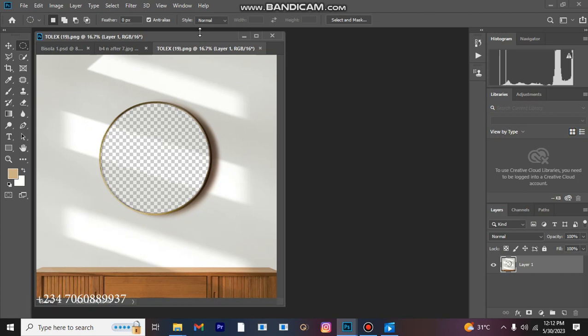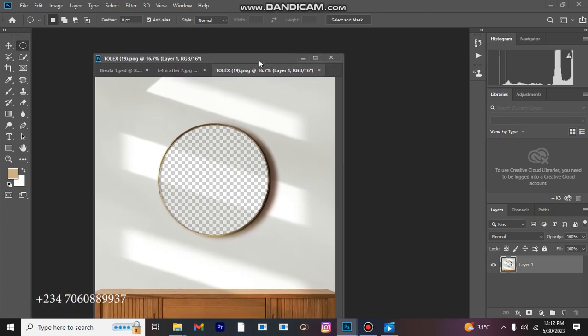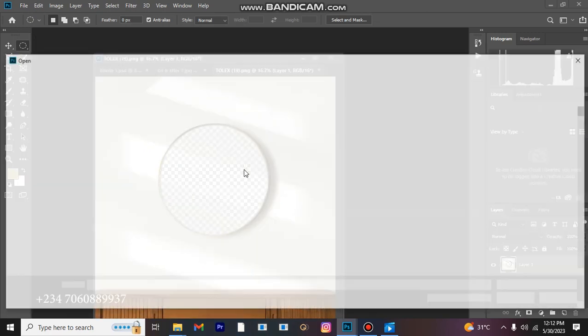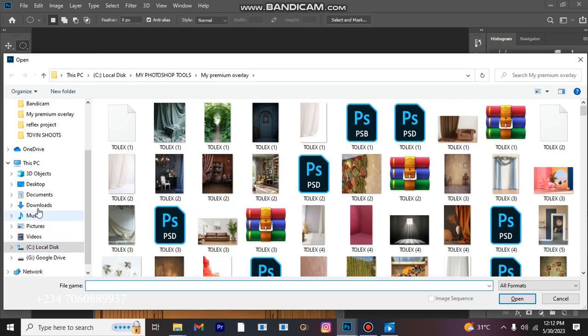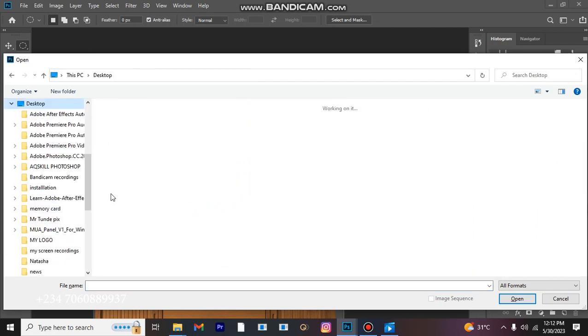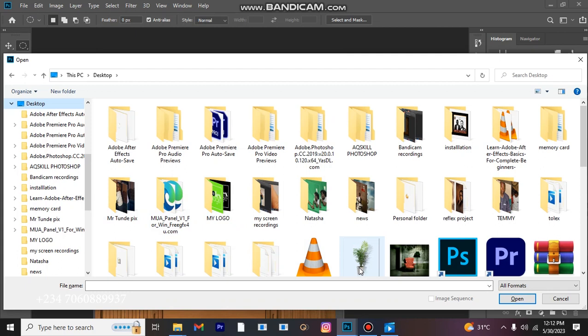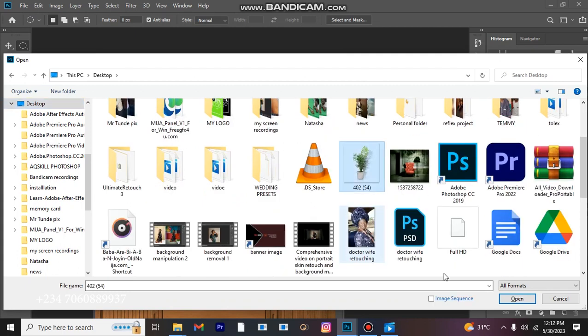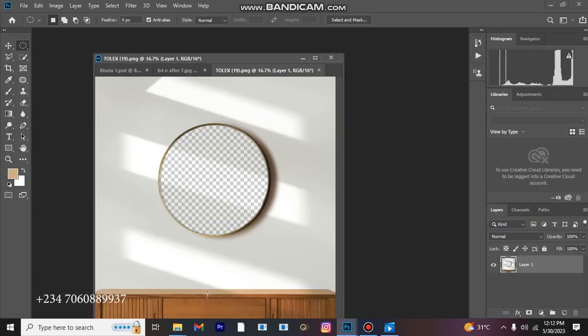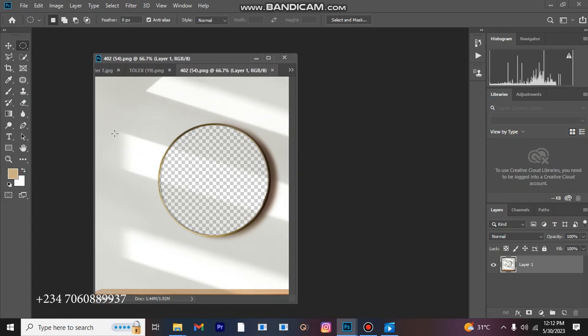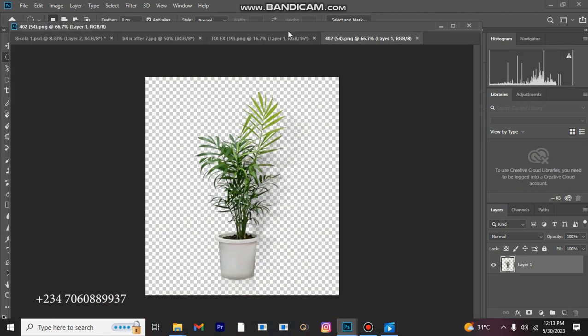Okay, so we have this here now. It remains the flower. Let me go get the flower. I think the flower is in a different folder. Okay, it's on my desktop. So I have my flower here. Open it as well. Since we have our flower here and we have our background here,